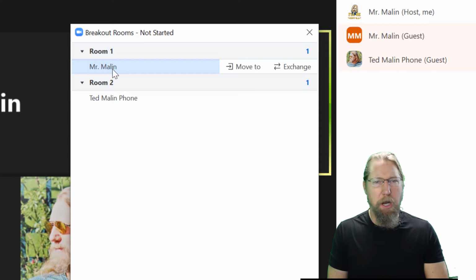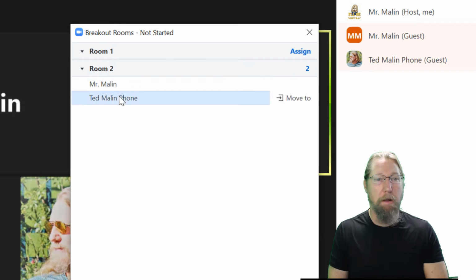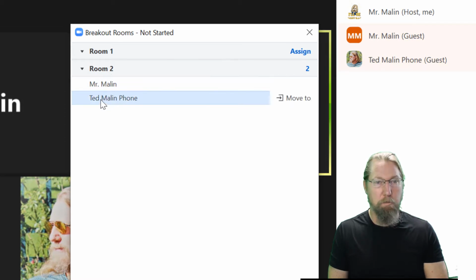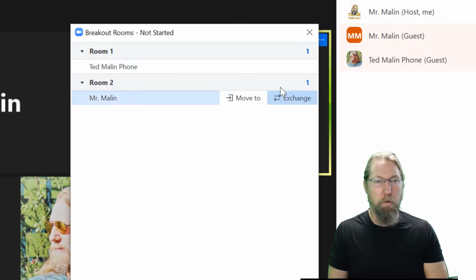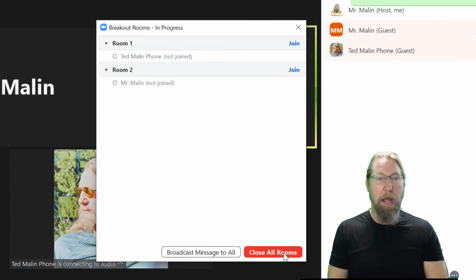Mary next to John. They shouldn't be in the same room. So you can click move and put that person into the different room. So right now, I just moved my Chromebook, and they're both in room 2, and room 1 is empty. I might move my phone back to room 1, so you can kind of move people around, and then you open up the rooms, and the people will get